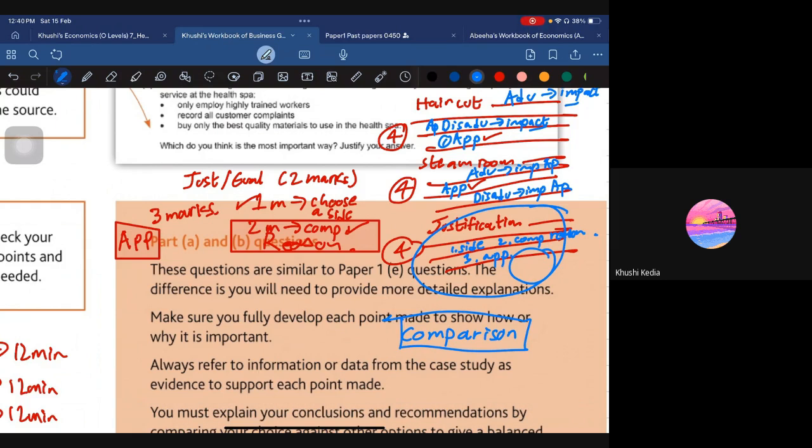Okay. So when they do not have enough money, you are not just writing like this. Let's suppose in impact you write for haircut that it is cheaper to make, right? Yes, sir. In your justification, you can say that